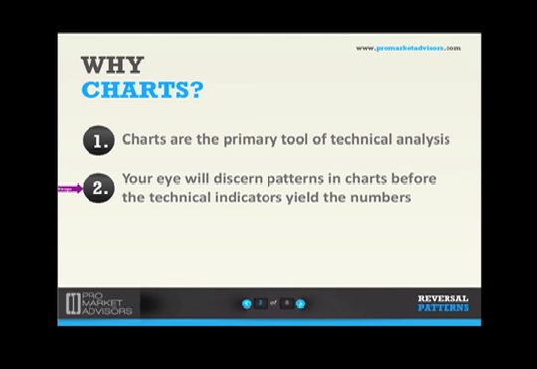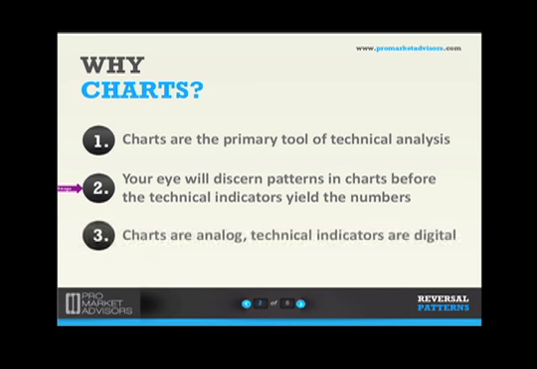And if you can't, what we say is, you've got about a dozen currency pairs and thousands of stocks and ETFs. Don't force a square peg into a round hole. I've used a lot of cliches, but sometimes cliches are the best way to communicate the idea. And finally on this, charts are analog, technical indicators are digital, and that's just another way of saying a picture's worth 1,000 words.